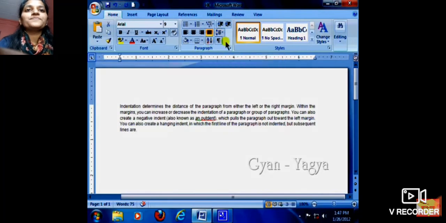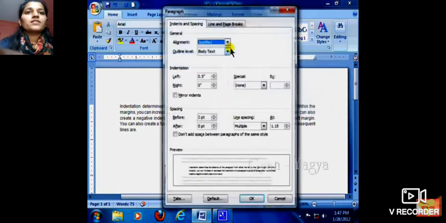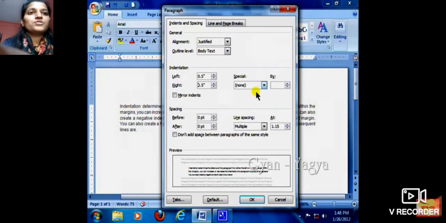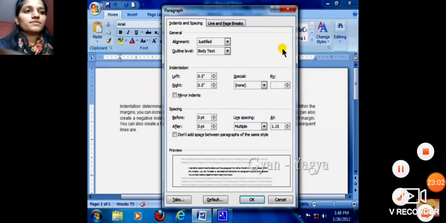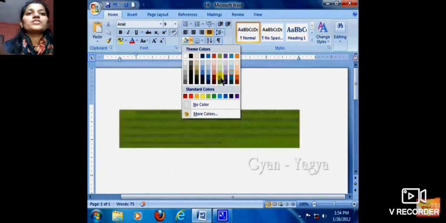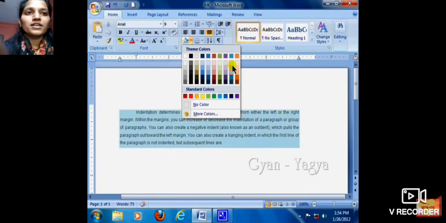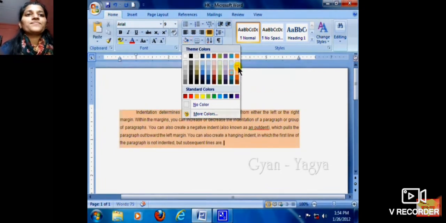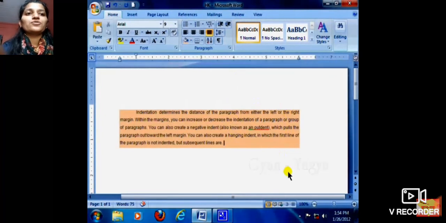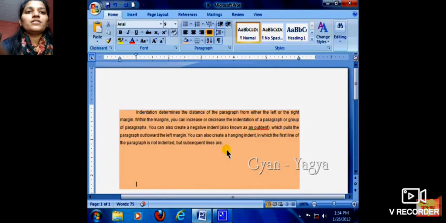So here in the left corner in font, you can see there is the bold. Yes, if we choose the paragraph, we can give different effects. So now we are going to see shading. Okay, so first of all we have to choose the paragraph, and if you want to give any color, you can give the color to your paragraph. Okay, so here you have to open fill color, which is there in the paragraph option, so that we can apply the color to the paragraph.